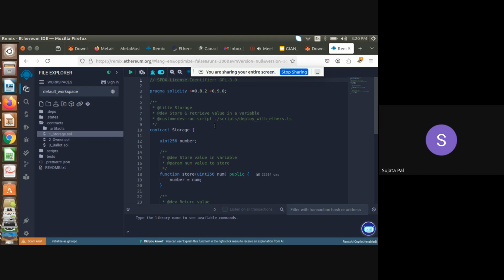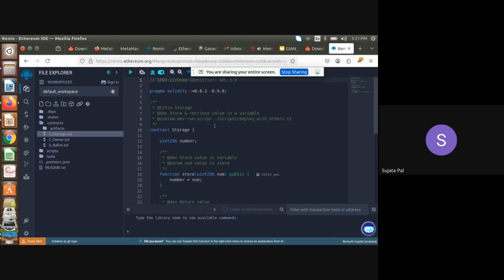Similarly, in the case of a smart contract, this is automatic. These are all distributed storage. The smart contract is already deployed here, and whenever you do something, it automatically checks. The server is automatically checking whether you have paid or not, an if-then condition. If you have paid, then you will get it. Based on that, it gives you access, whether you will get the car or not. For that reason, we are writing smart contracts in this language.